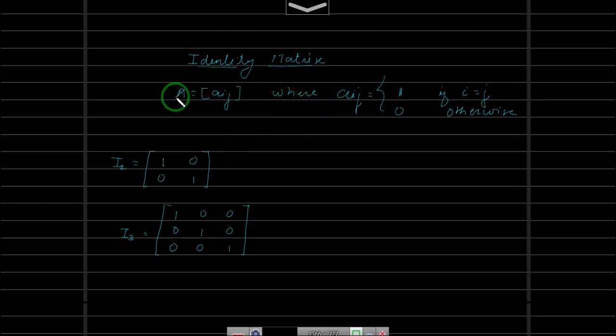Okay, so let me write I, an n by n matrix. It is always a square matrix. So what we will do is we will take an input from the user about the order of the matrix, and directly we will give him or her the identity matrix which is generated. Okay, so let's go back to our Python programming.